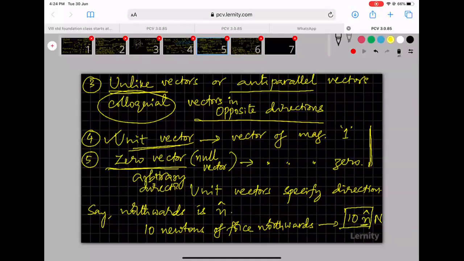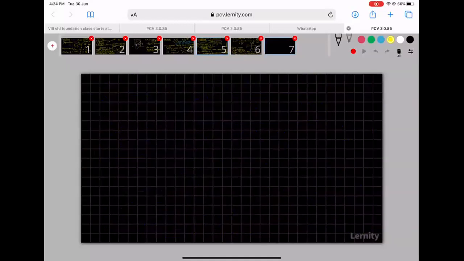Then what is the point of having a zero vector if it is not going to point in one specific direction? Say, for example, I have algebra of vectors. Like I subtract a number from another number, I can also subtract a vector from another vector. We'll see how to subtract vectors later, but for now, just know that you can do it.